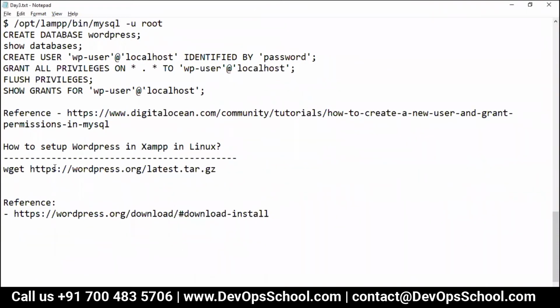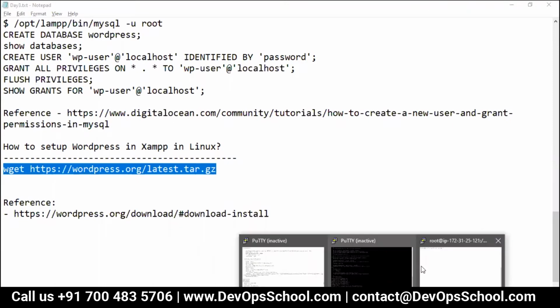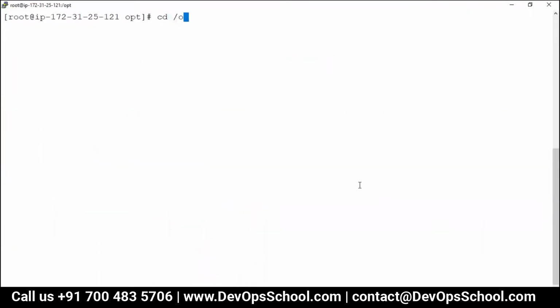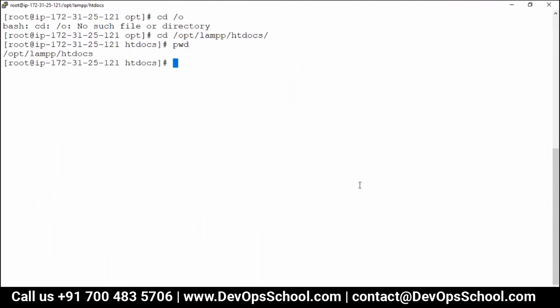So where you have to download, guys, is the important thing. You have to go to the server location, like in Tomcat, which is the location where you have to download the software and run the software. In Apache it's htdocs, and in Tomcat it's webapps. Like that, in WAMP we have htdocs. The same concept is actually the same in all the places.